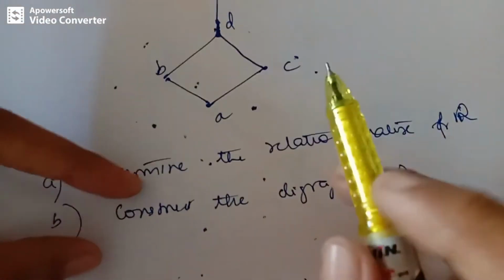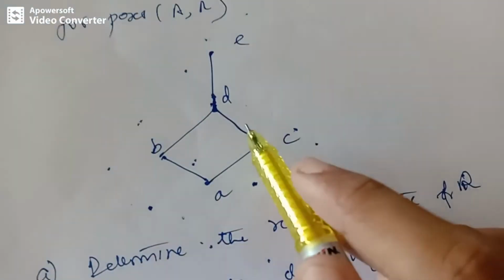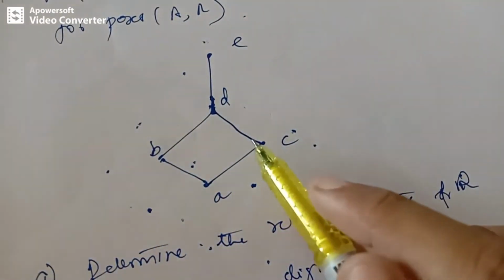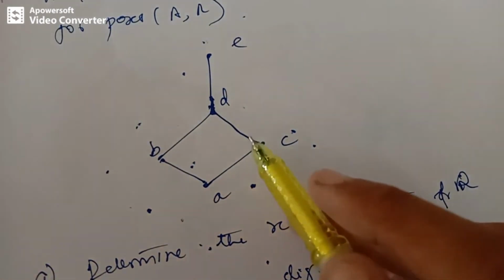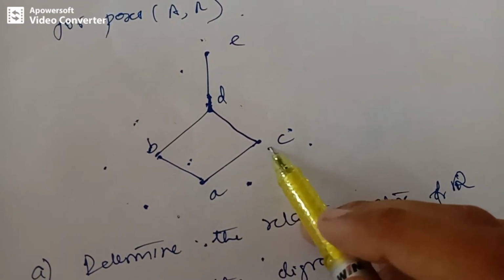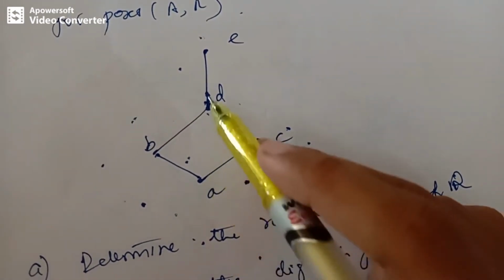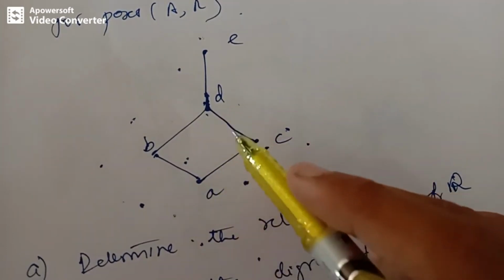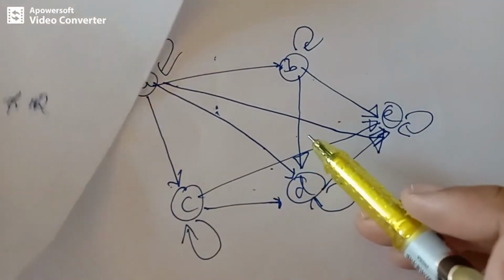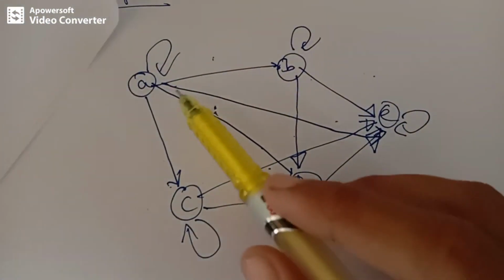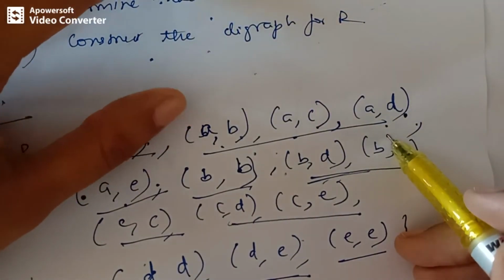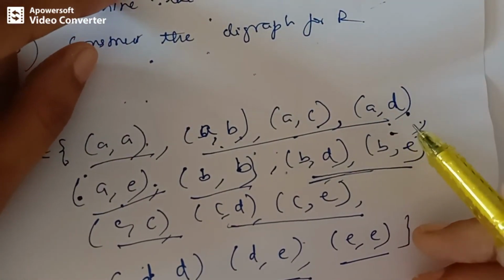In a Hasse diagram, for a partial order, all the properties that define the poset, that is reflexive, antisymmetric and transitive, are implicitly understood. That is, if A, B belongs to the relation and B, C belongs to the relation, then this is implicitly understood as a transitive edge. Whereas here you need to represent each one of them. That's why we write the relation which includes this pair also, A, D, right? And we have already included that edge here in the digraph. So writing this relation matters a lot. It should be correct while writing the relation.